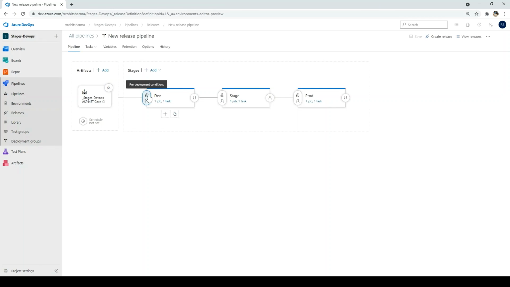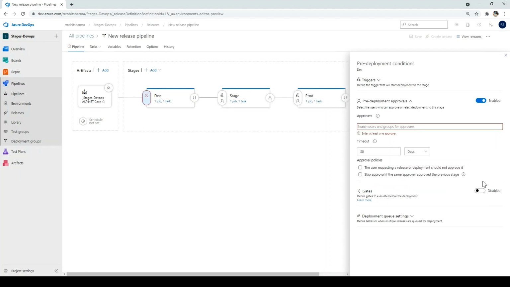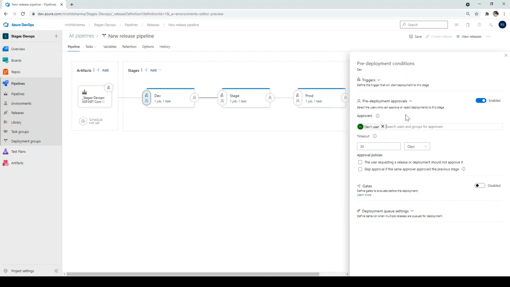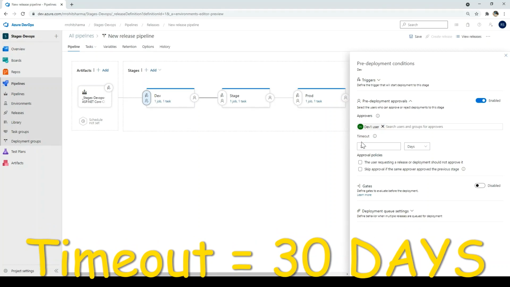Now click on the pre-deployment conditions, and here you have to go to this pre-deployment approval pane, and then just click on enable. Once it is enabled, it will ask you to add the approvers. So we have already added 2 users. Let me just add the ID of the first one, or let me just type it. So dev1 user, it will be our first approval, and again it says how much time it should wait for the approvals. What will happen if the approver does not approve within this particular time? It will just reject the particular build. So 30 minutes, I think it should be okay.